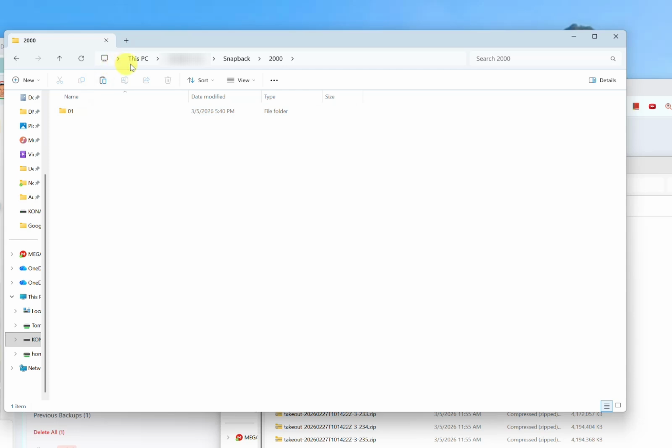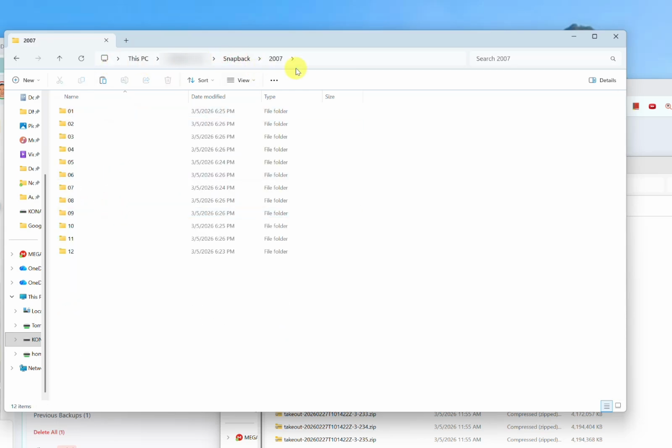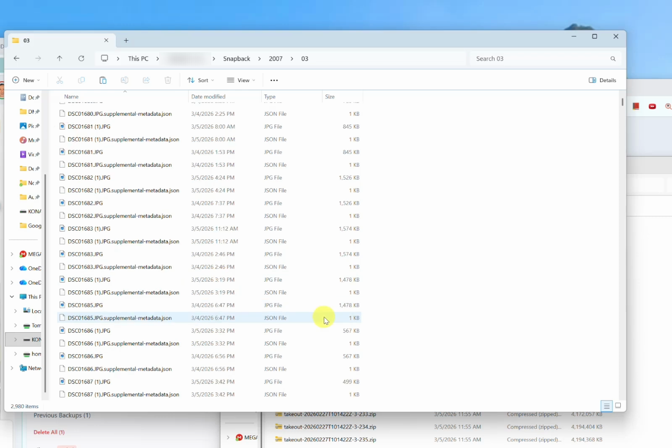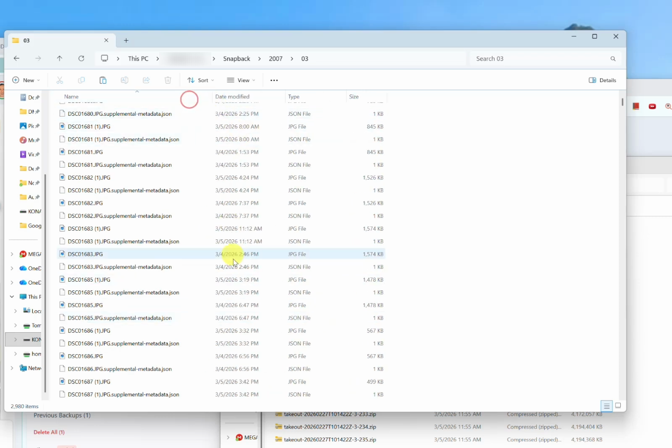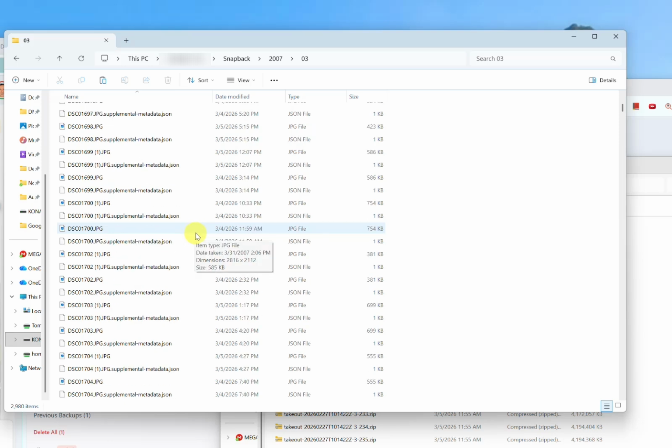So how it does it is, for every year it'll create the year folder, and then it'll create folders for each month. So you can see what it's done there. If Google wasn't throttling this, it would work perfectly. I would be so happy just to use this rather than